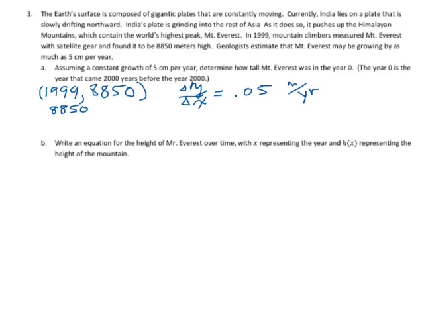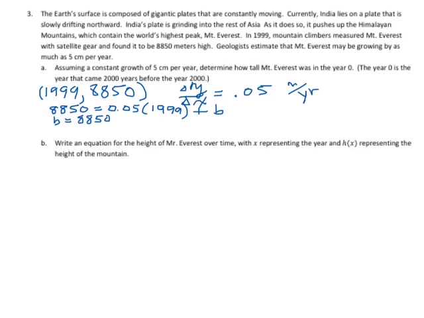Anyway, just plugging numbers into the expression that we know must hold for this point and every other. 8,850 has to equal 0.05 times 1999 plus our y-intercept, b, the height in year 0. And then when you solve that, you get b is equal to